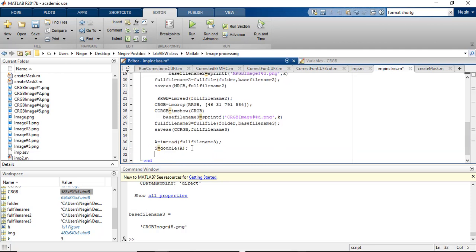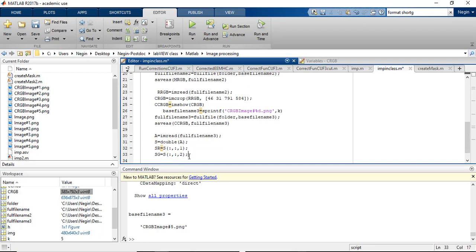And now I will say, okay, my red is actually my S matrix, all the rows, all the columns, but the first layer in the third dimension. And my green is my S, all the rows, all the columns, and the second one. And also for the blue. So I will say my blue is all the rows, all the columns, but the third layer of the third dimension. So this way,